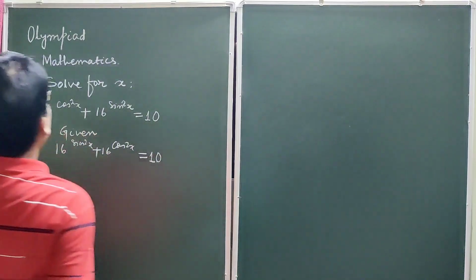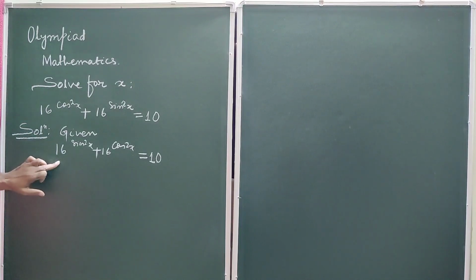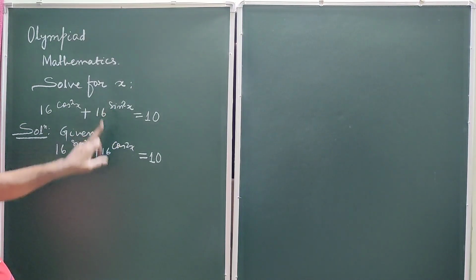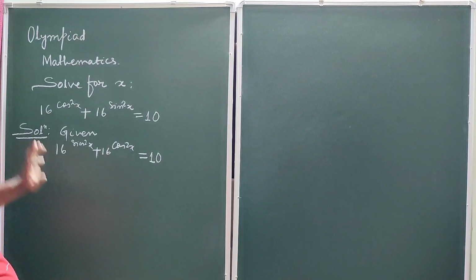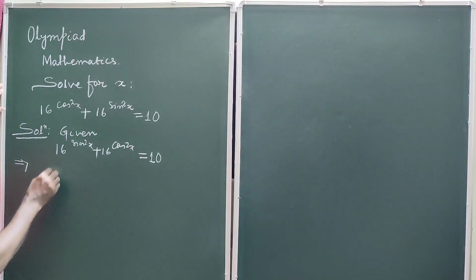from Olympiad mathematics. The question is: solve for x, 16 to the power cos square x plus 16 to the power sin square x is equal to 10. Here the question is given: 16 to the power sin square x plus 16 to the power cos square x is equal to 10. This implies